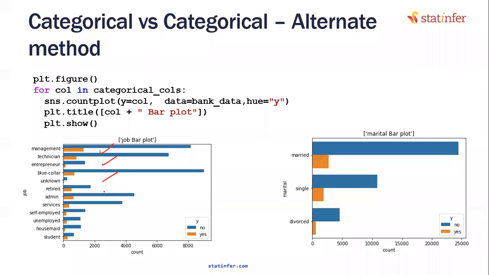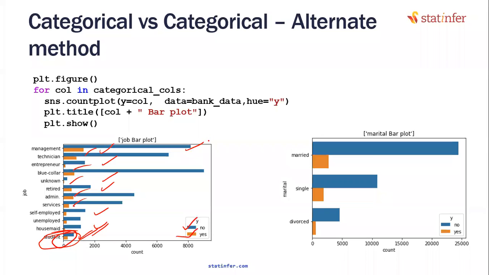Again, you have to tell the same story. Listen to the story that you have to tell. What do you need to tell? In each of these categories, you observe a particular type of pattern. That means blue is a larger bar, and the slightly smaller bar is orange. If you see the opposite in any of them, you need to highlight that. You say that in the student segment, I have seen that there are more buyers than non-buyers, like that.